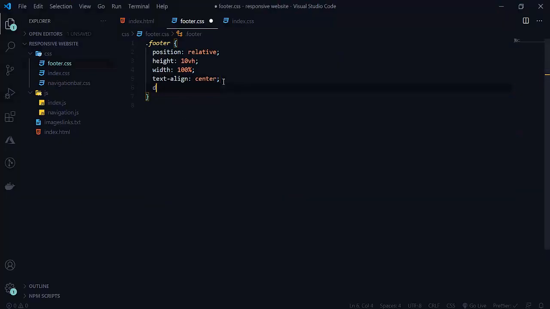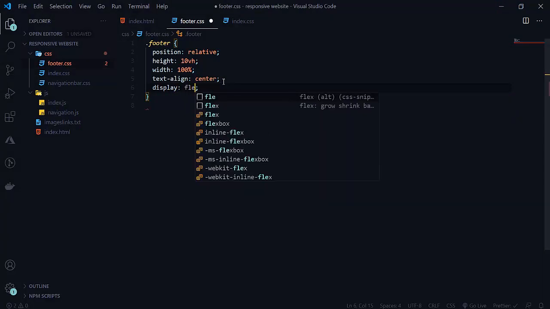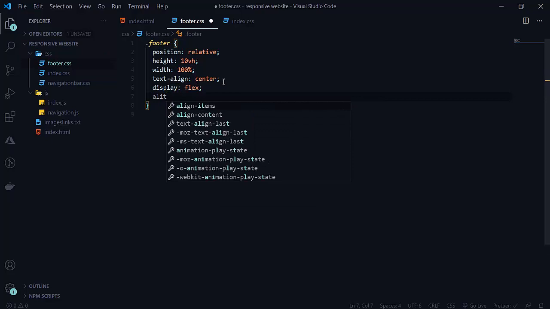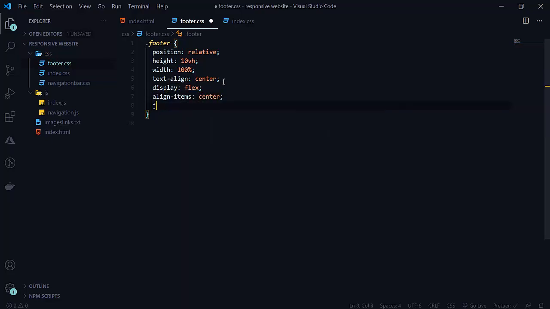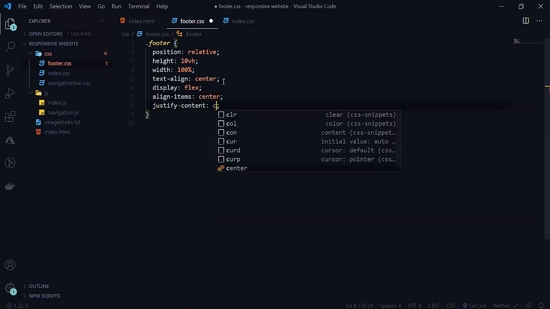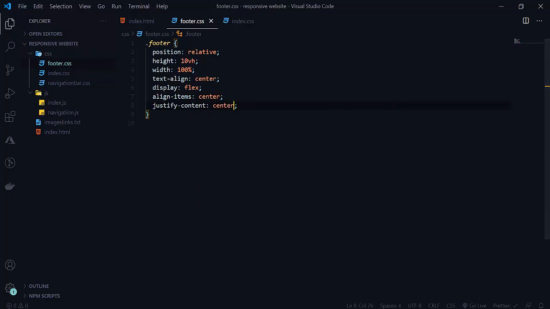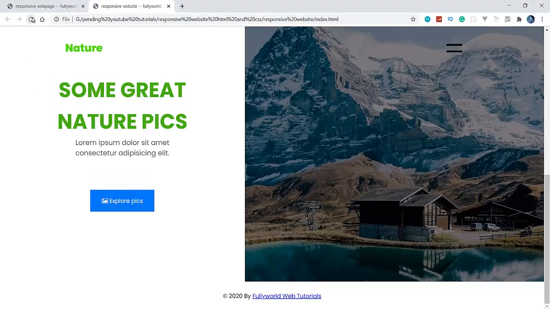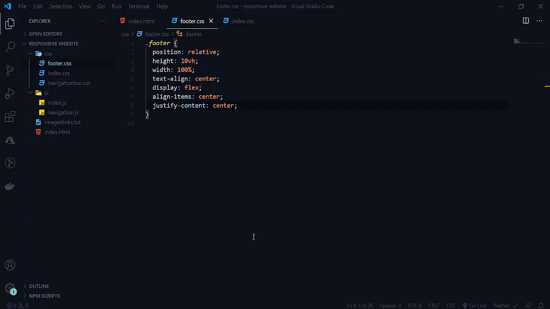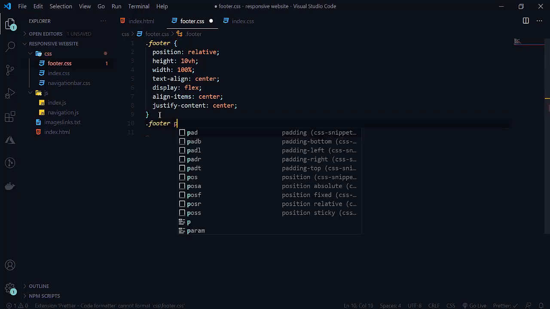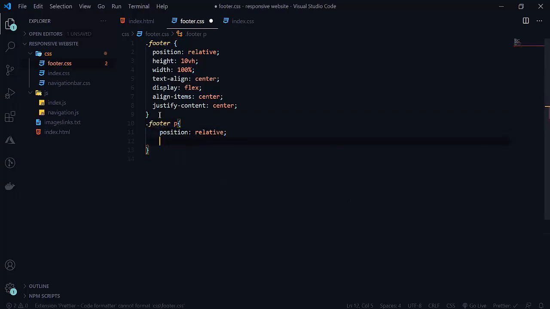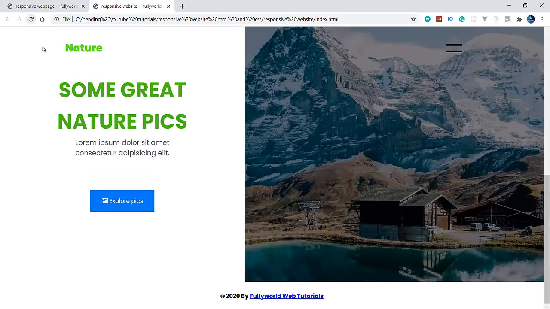Here will be our display flex, and align items as center here, and justify content as center here. Reload this. Now we will get it to our center here. Now let's target our paragraph tag here. Copy this and paste this here, paragraph tag, its position will be relative here, and we want our font weight to be 800. Let's see how it works. See that it is looking good now.